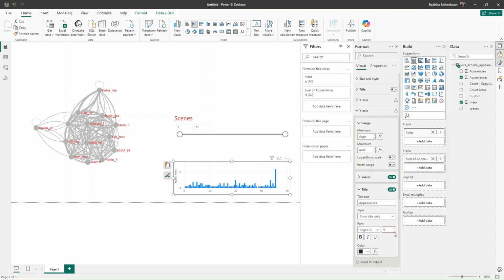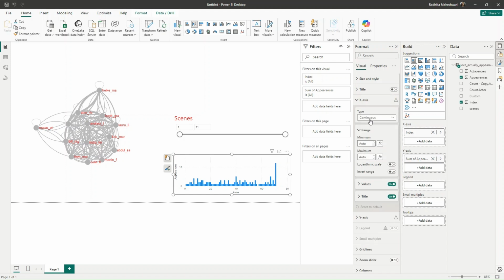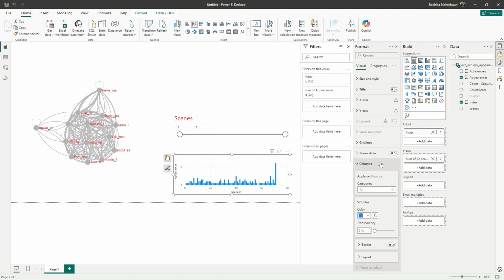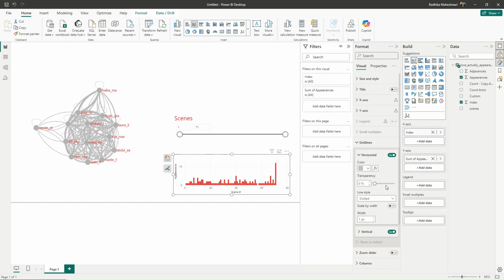I'll change the font, increase the font size. For x-axis title, I will call this scene number. Again, changing the font and changing the font size. And in columns, I will change the column color to red so that it matches the whole theme. Going into grid lines, we want the horizontal grid lines, but we don't want the vertical grid lines. So I will switch this off.